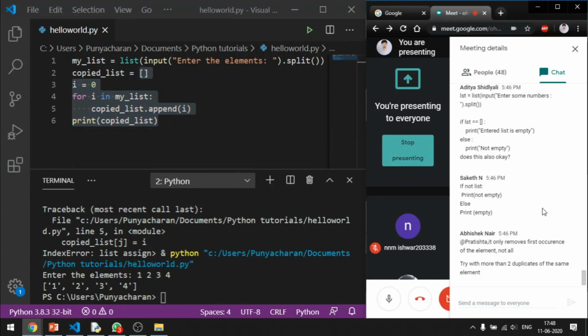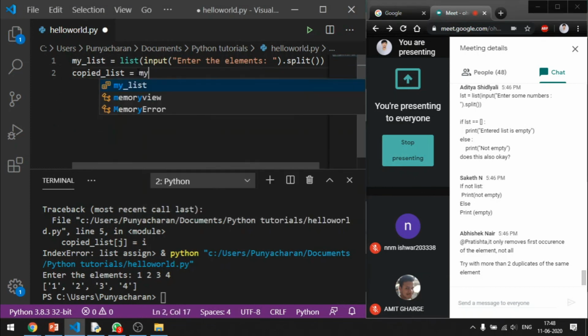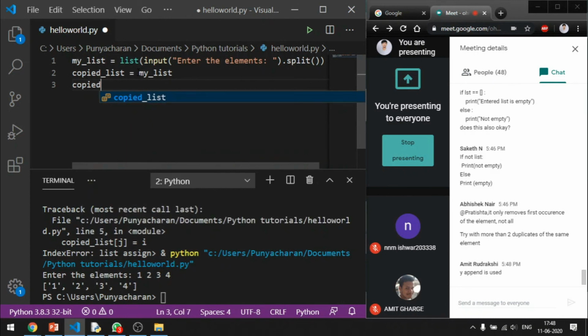Okay. Beyond this, let's go ahead and do this small exercise. Hope everybody got this. Yes. Now, append is used to add an element at the end of the given list. That is why append is used. Okay, seems like people have not understood it.